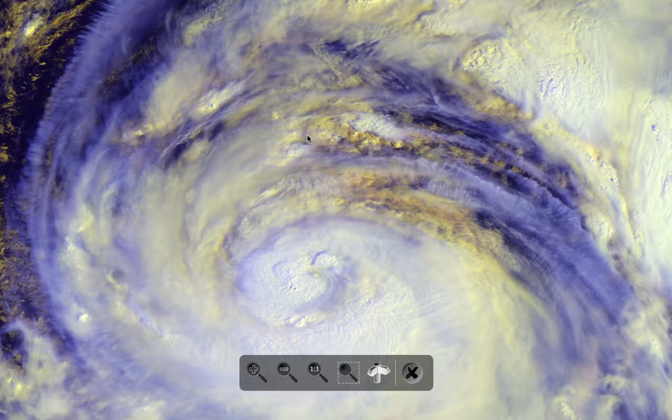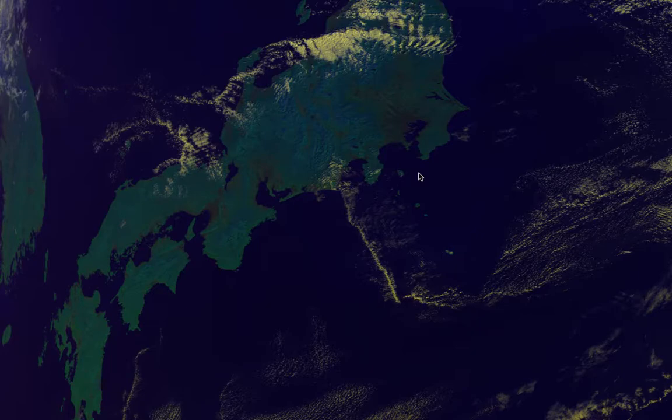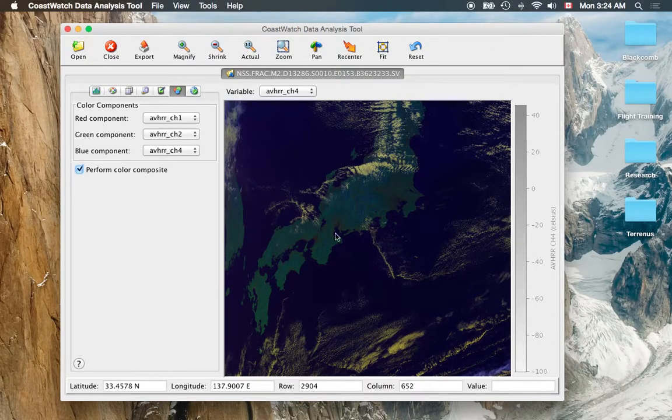So I will pan up now and take a look. Here's the ocean. It's a sort of bluey purple color. If we keep going up to Japan, it's a little bit greeny blue. And there's something interesting that I noticed in Japan here. This area here is a little different from the rest of the surrounding area, and so I was curious as to why that might be. And this is something that you can see in false color mode really easily, that sometimes you can't see in just straight palette mode. So what I'll do is close this full screen mode and